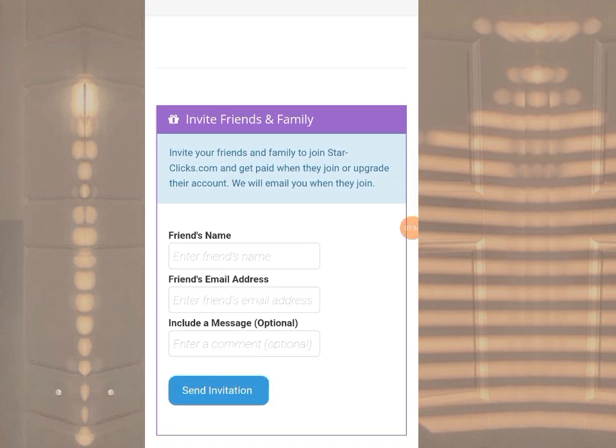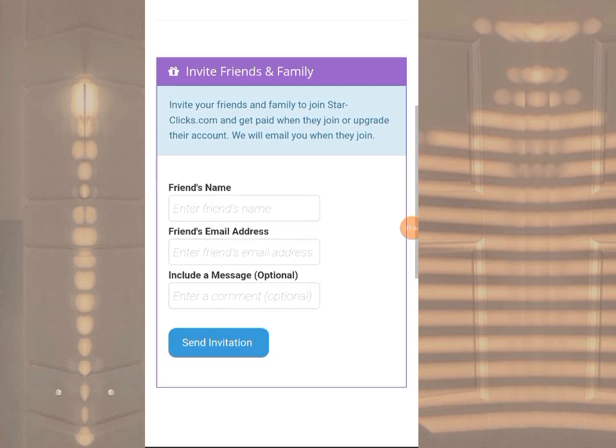Guys, you can see you can invite your friends and you will earn commission on their head. You can make money on this platform by just inviting friends. So guys, invite your friends, invite your relatives to join you in this way to earn extra income, as a Nigerian or outside Nigeria, and you are going to get paid by just inviting a friend to the platform.